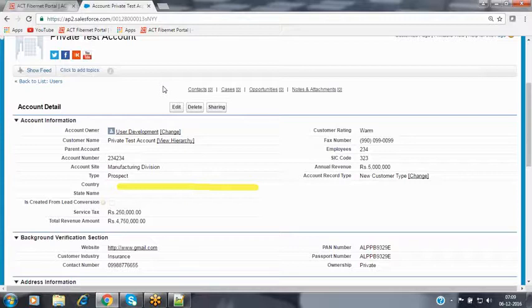For that, we enable the sharing button. Whenever you make the object's OWD private, Salesforce enables the sharing button. Why? Because that record will be visible only to the owner of the record and his manager. Other people inside the organization will not have access to that record. But there may be some exceptional cases where I would like to make my record visible to other persons also. For that, we use the sharing button. By using the sharing button, we can make our record visible to other people as well.